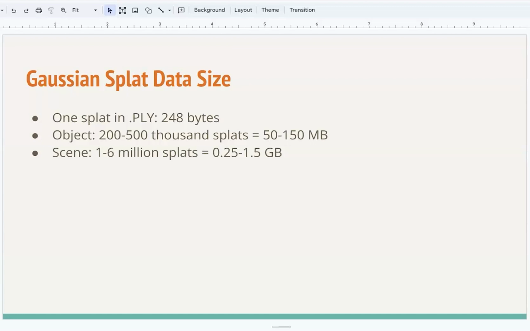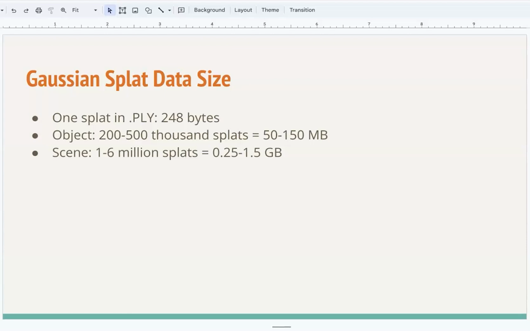A Gaussian Splat is a point cloud with a bunch of extra attributes. So each splat in the standard PLY file that everyone uses is almost a quarter kilobyte. And you usually need up to 500,000 of these points to decently represent a single object that you can rotate around. And for a decently sized scene, you need 5 million or so of these splats.